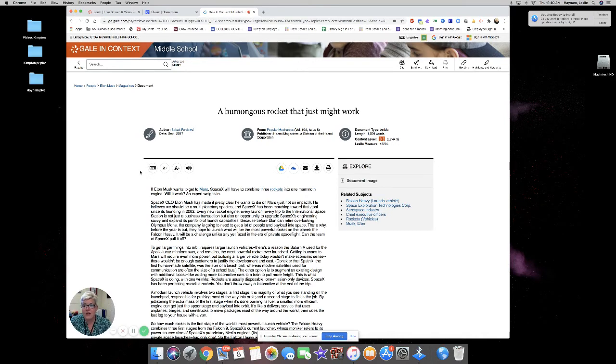You can see that you have lots of options once you get in here and you're actually looking at an article. You can make the font size smaller. You can make the font size bigger. You can translate this article into a different language. So if English is not your native language, then you can translate into hopefully something that is easier for you